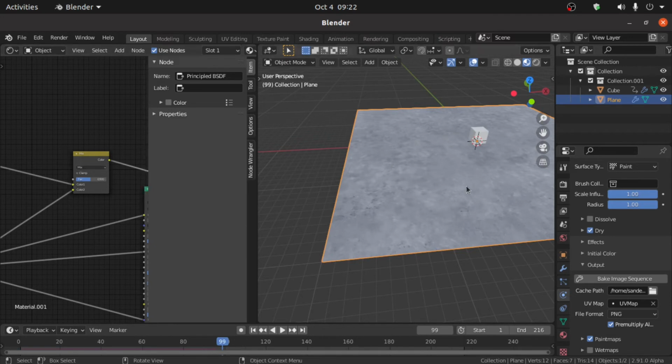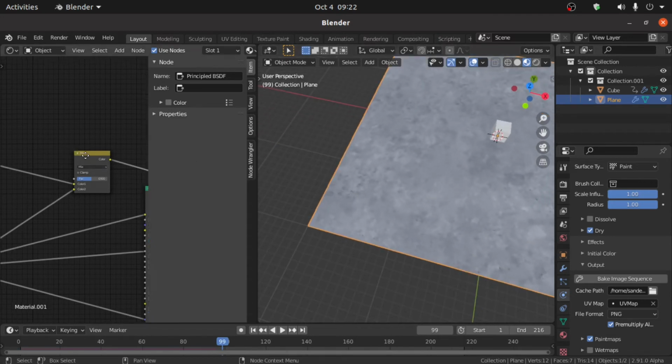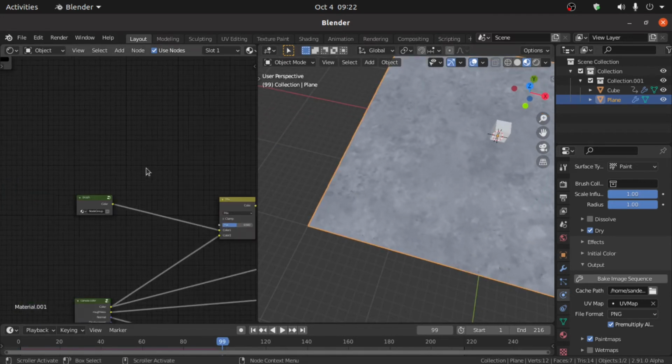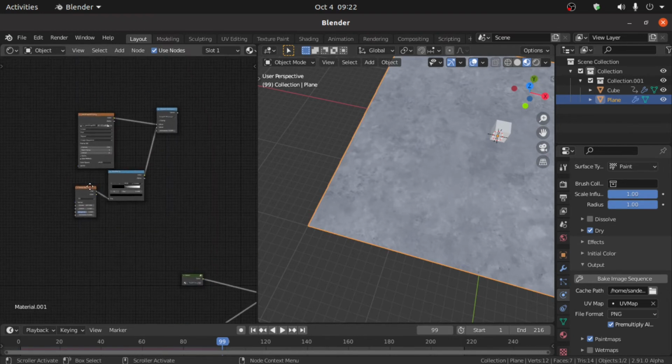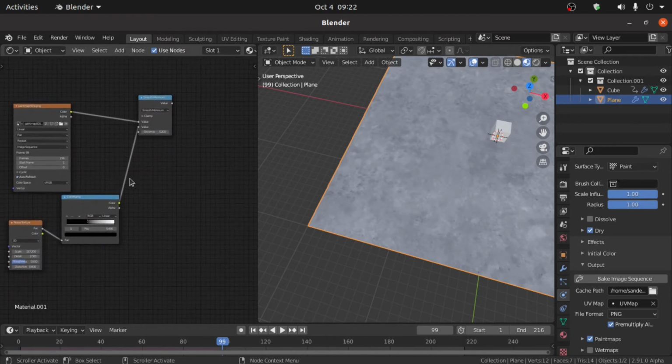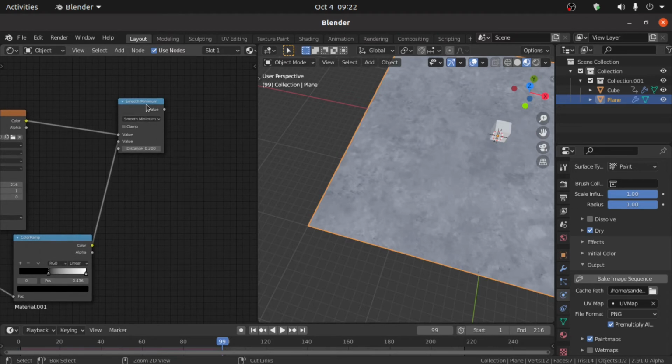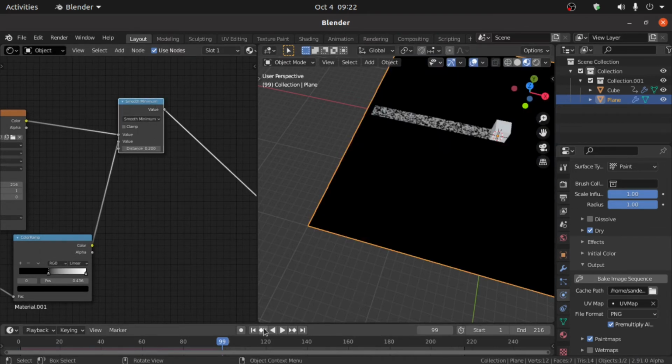So nothing is happening here. Reason is this, we have to apply marks here. So we have to make marks. So first press Ctrl Shift, then click on this and you can see there are two colors. First is black, second is white. So black part will be visible and white part will be not visible.